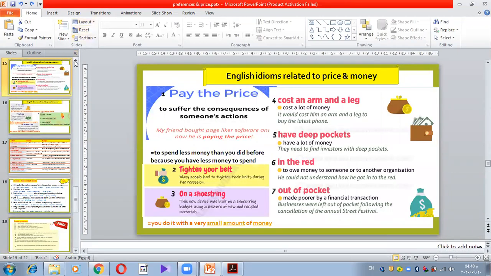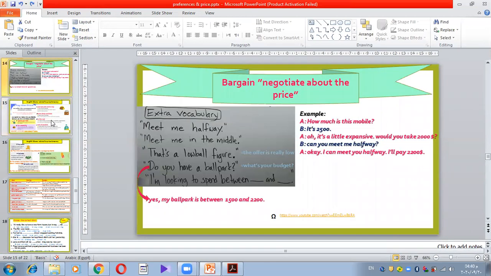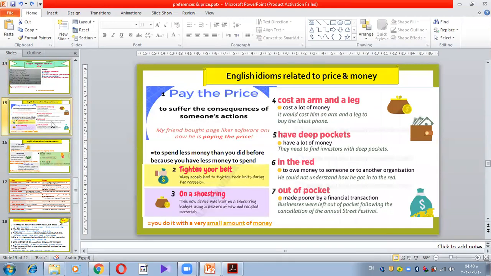Now, these are some idioms related to prices and money in English. Okay. Pay the price. What is meant by pay the price about something or for something? Pay the price, it means to suffer